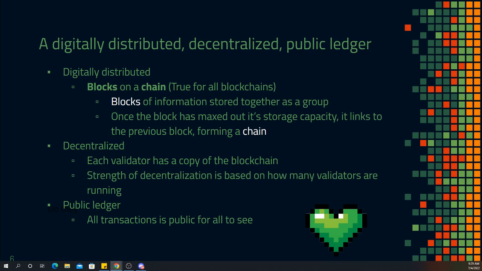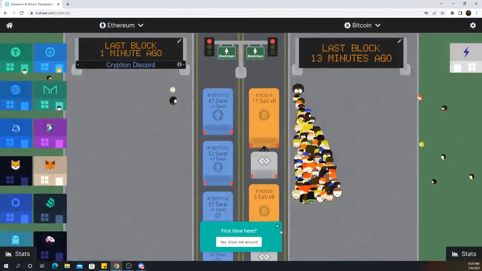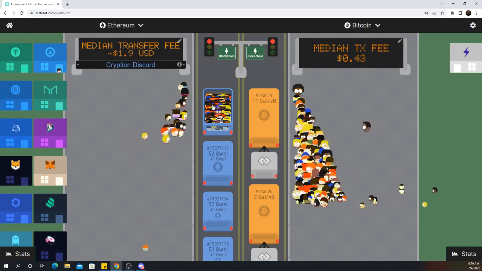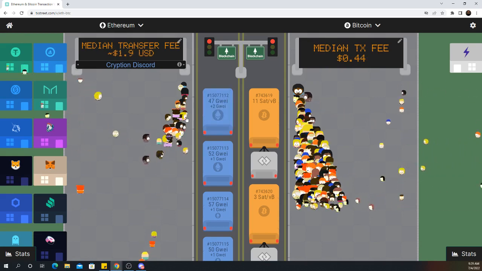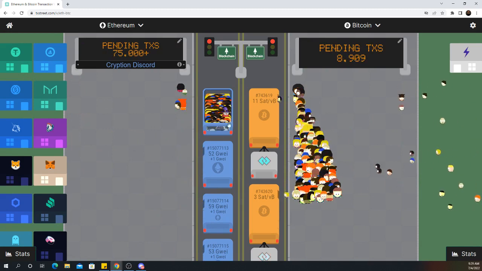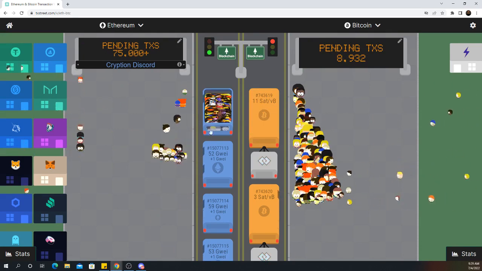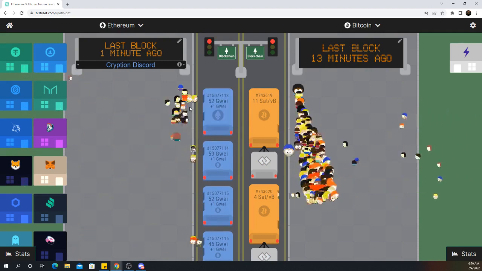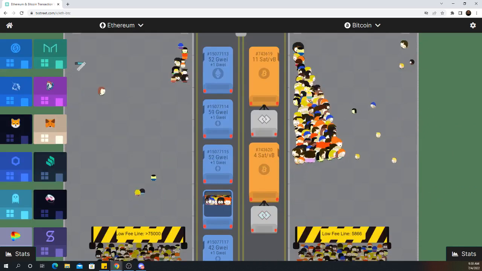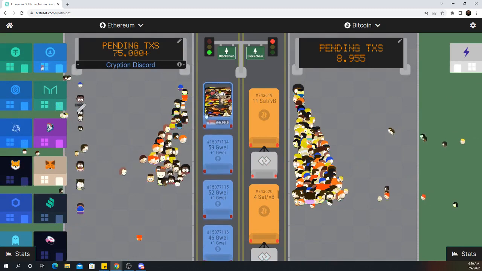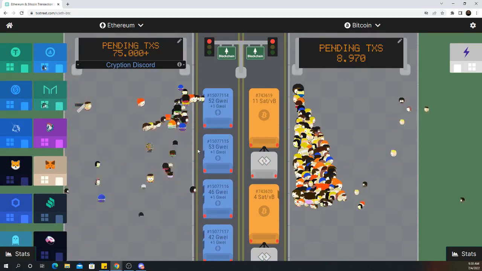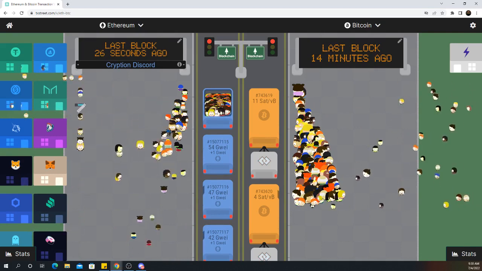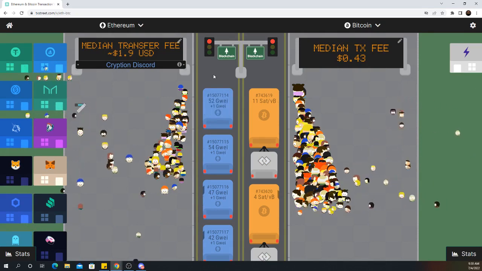This is a good visualization. This is ETH and Bitcoin, but it's a good visualization of how something like that happens. You have this ETH block right here that's going to be sent out, and transactions are lining up. Of course, ETH and Bitcoin work a little differently, especially ETH. When you talk about gas, you see these prices listed: 52, 59, 52, 46. If you want to pay this much in gas, your transaction goes into that block, and when the block is full, it gets sent and linked to the previous one.